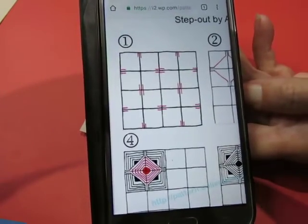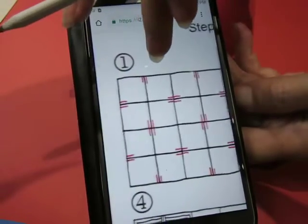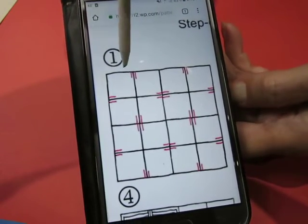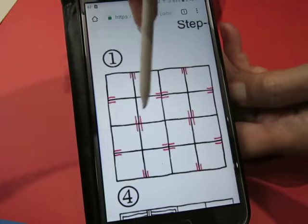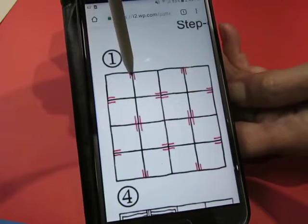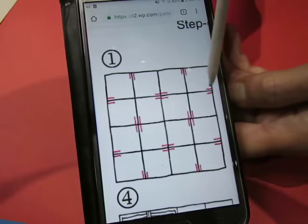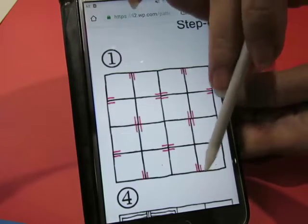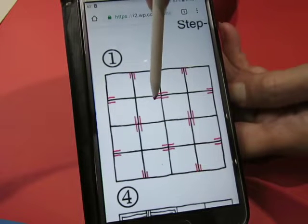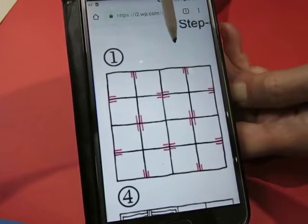First off, we are going to draw our grid, and then it looks like this area here stays blank, but here we're going to do a little line, skip one, a little line, and then little lines, skip one, little lines, all the way around, and then here little lines, little lines, little lines, little lines. So basically,